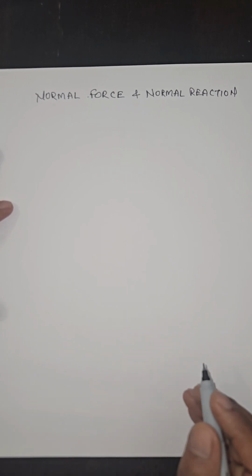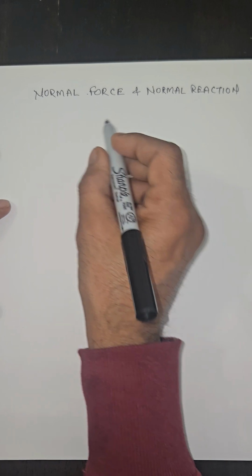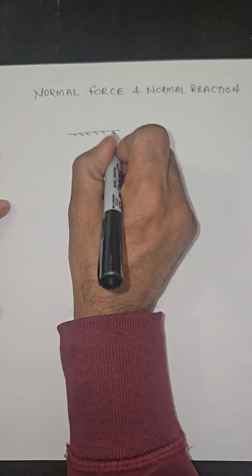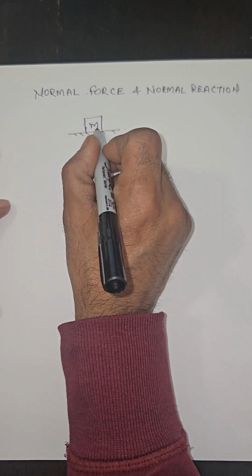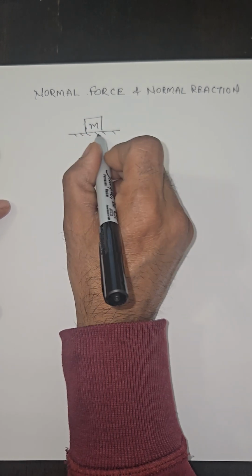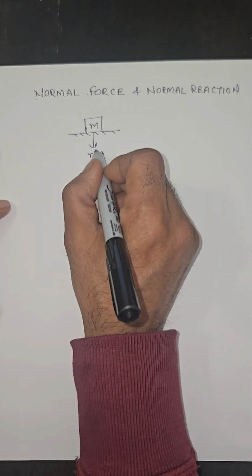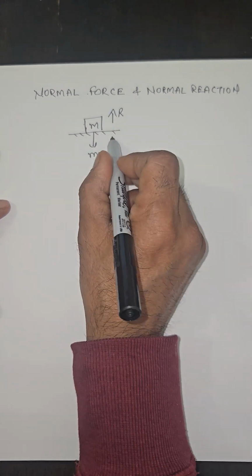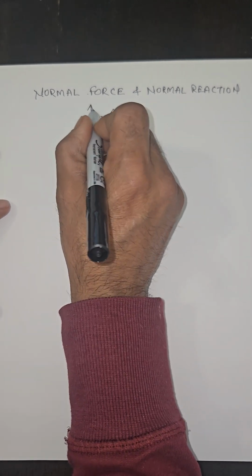Dear students, today we will discuss the normal force and normal reaction. Suppose you take a rigid body and you place a mass m on it. When you place a body of mass m on a rigid spot, the weight mg will act downward. To balance this weight, a normal reaction will be pushed by the rigid spot on mass m, and this normal